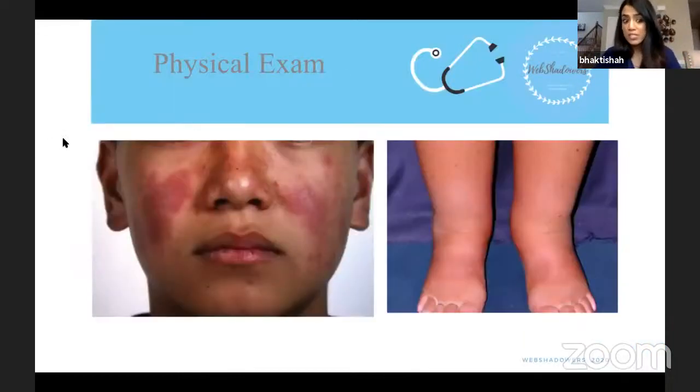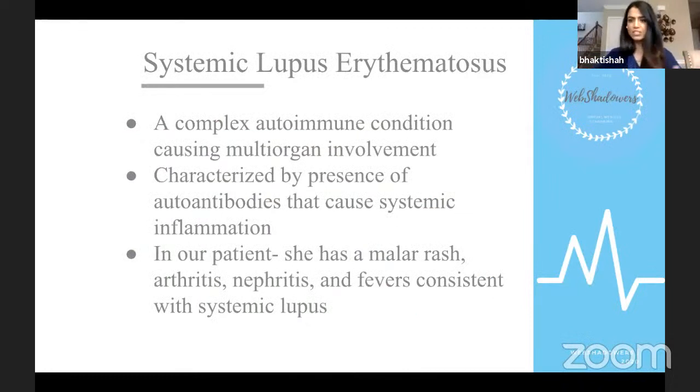Now on her exam, this is what she looks like. She has this rash on her face. This is what we call a butterfly rash, a malar rash across her face. It is a little bit tender to touch. Her legs are swollen all the way from her mid shins down to her feet. There is notable swelling. She has tenderness on touch of many of her joints. Her heart rate is very fast. She's visibly uncomfortable. What is likely her diagnosis?